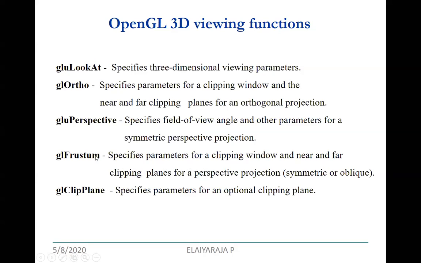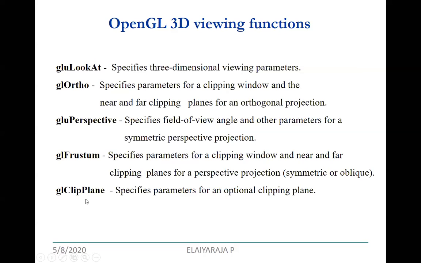It specifies parameters for a clipping window and near and far clipping planes for perspective projections, which will work for both symmetric and oblique perspective.